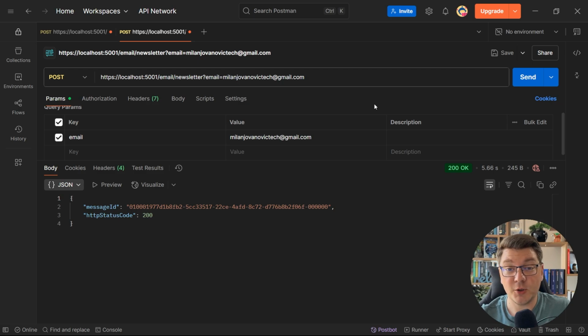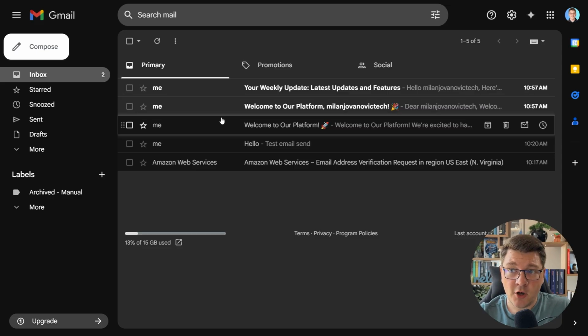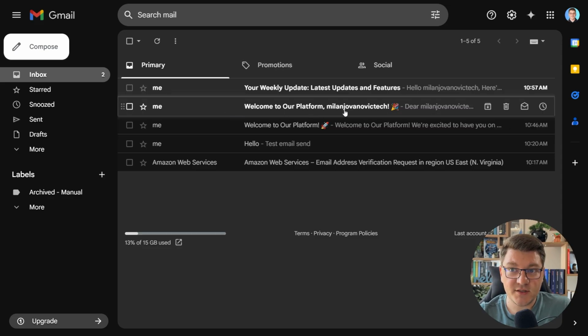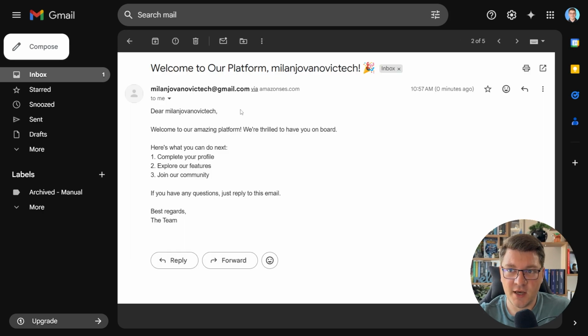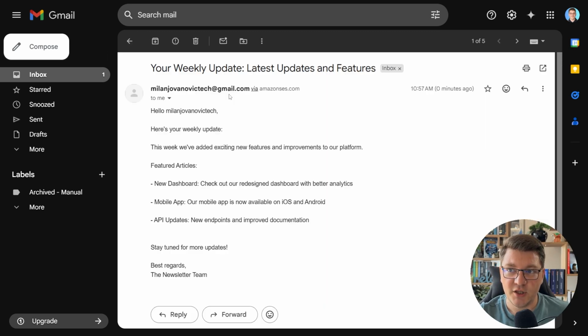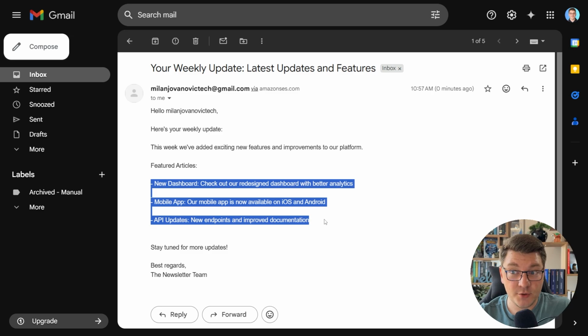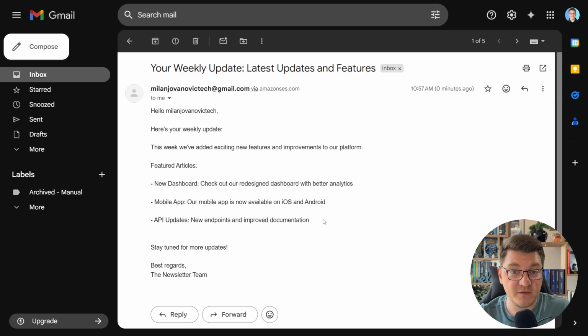Now let's check out our email inbox. And inside of my inbox, I have 2 emails, and you can see that our parameters are properly substituted in the email content. So we use a template to define what our email should hold, and when we send this, we provide the parameter values, and they are placed in the actual email content that is sent to the user. You can also see that in the dynamic email example, which represents our newsletter, we have our articles which are rendered using a for each loop,